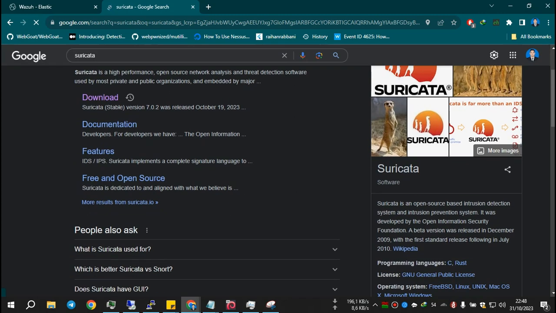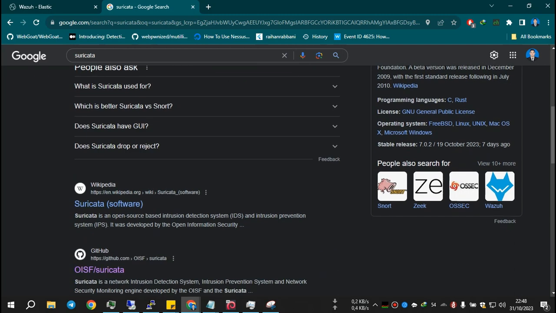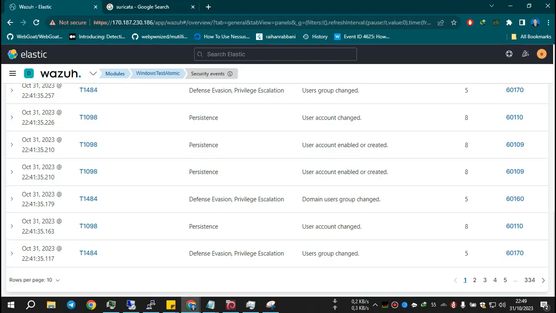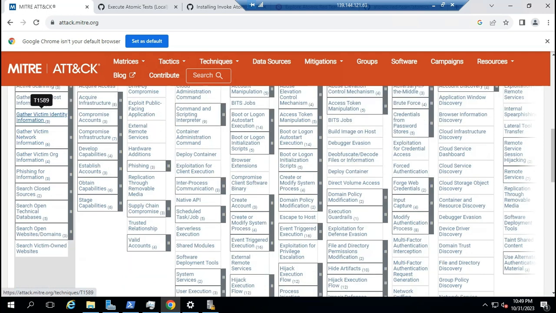So I will show you how to install it and maybe run and configure the rules. So maybe when we are scanning, when using Nmap or something, we can auto drop the service like that, in this reconnaissance, we can drop the tactic like that.